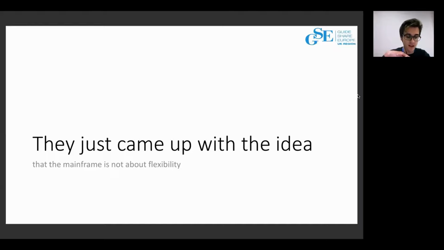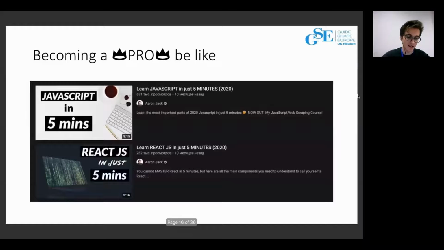So usually graduates seem to choose modern technologies that are easy to study, easy to find a job with, and also every junior software developer wants to become a senior software developer in a short period of time. And this short period of time is usually 1 year. So at least they think that they can become.